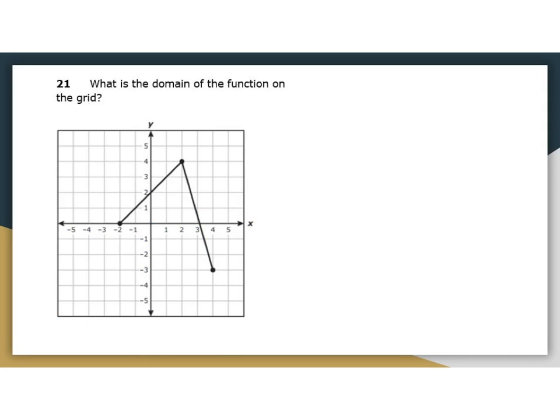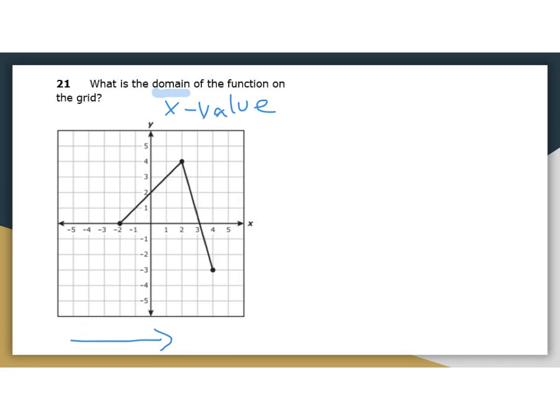In this problem, we're talking about finding the domain of this function. Domain is going to be the X values. So when you're looking at a graph, you want to remember that the X goes from the left across to the right. And usually you're going to see that indication with the variable along the edge of the coordinate plane. So we're going from left to right. We're going to go from the negatives to the positives. And so when we do that,